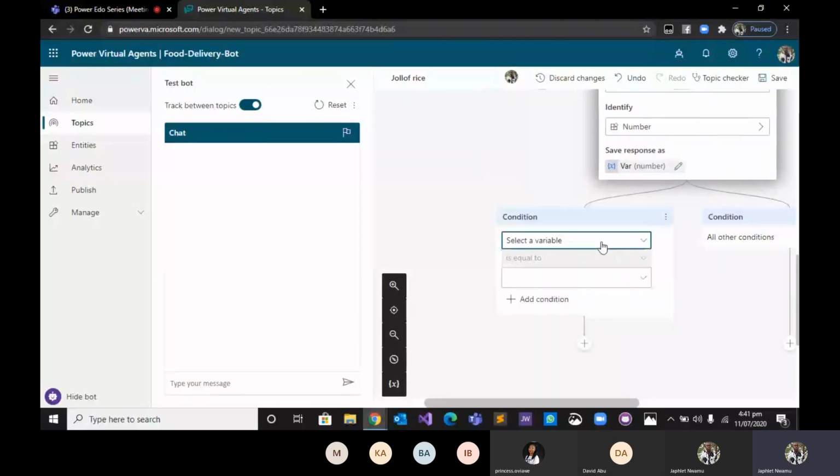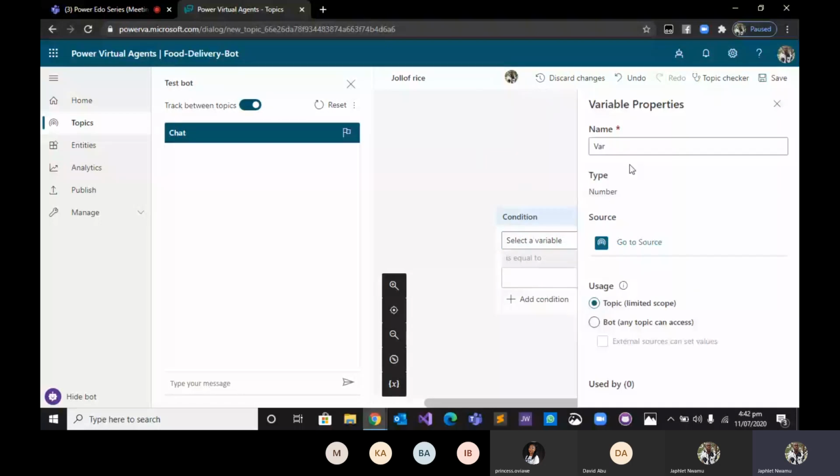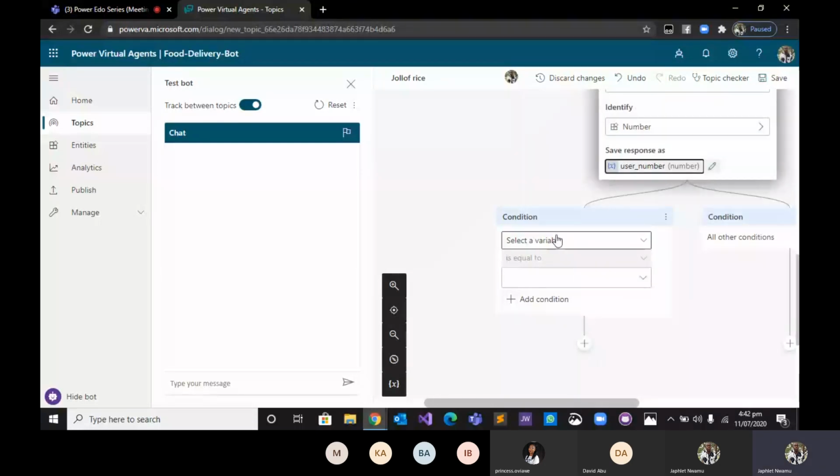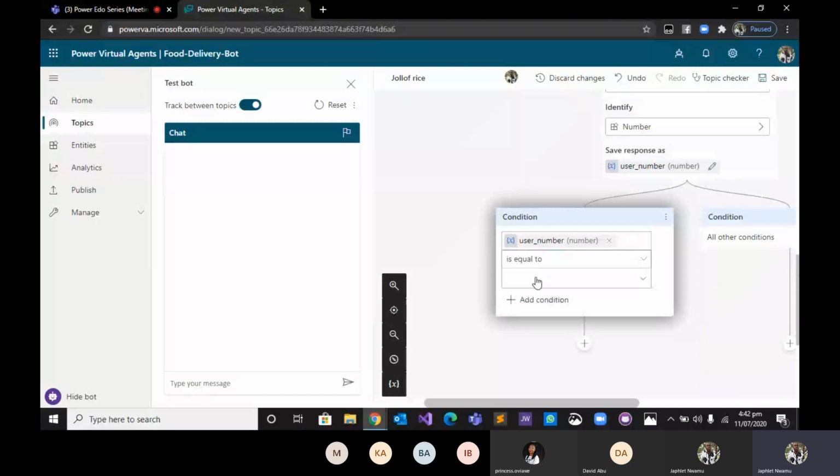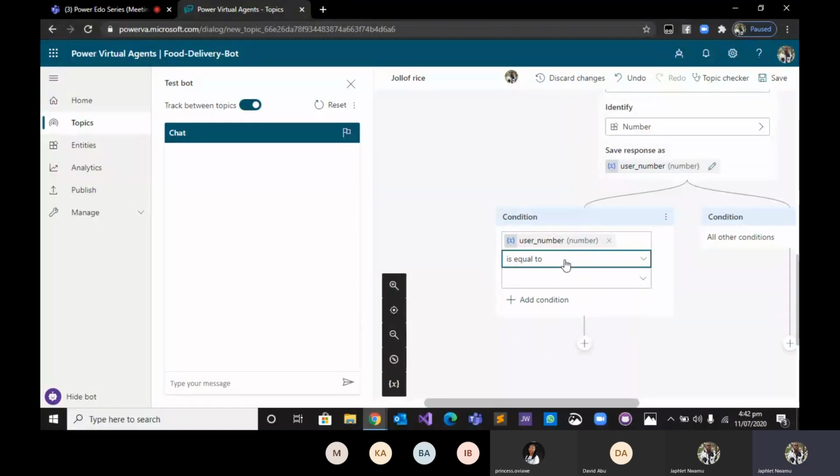such that if, okay, so let's change this to user number. Such that if the user inputs any number greater than 11, then it triggers an alert.